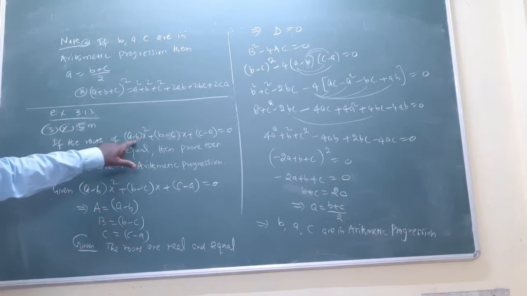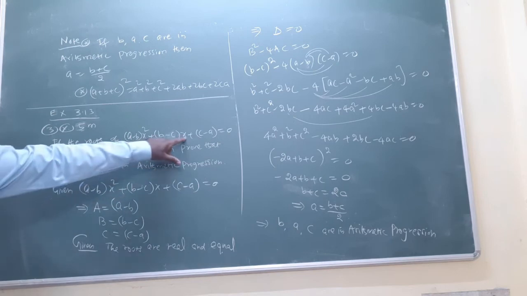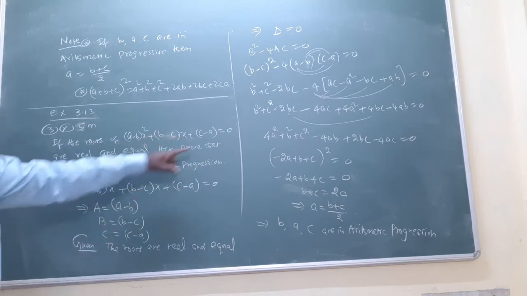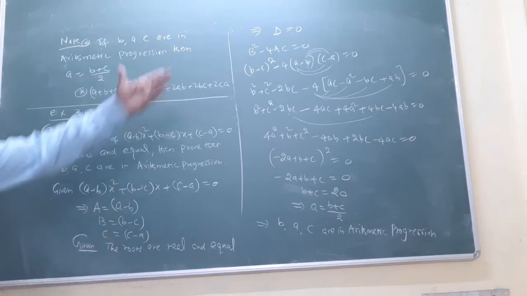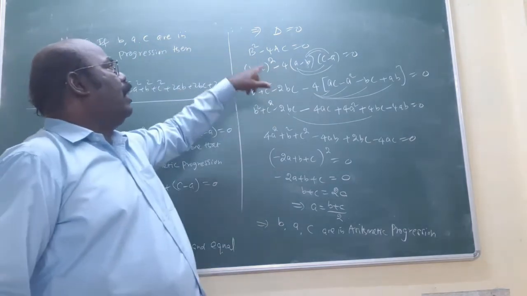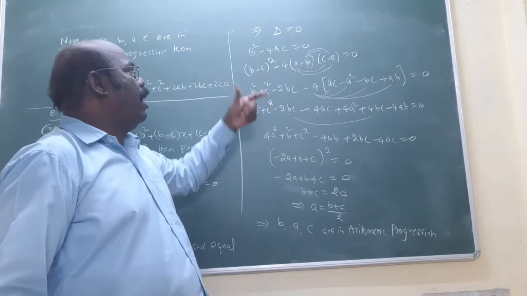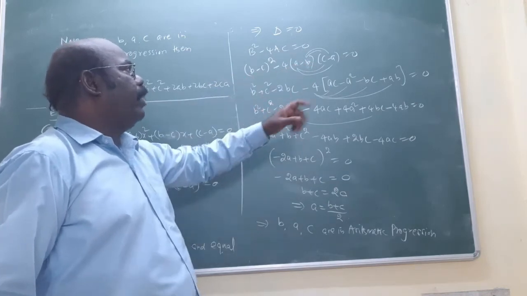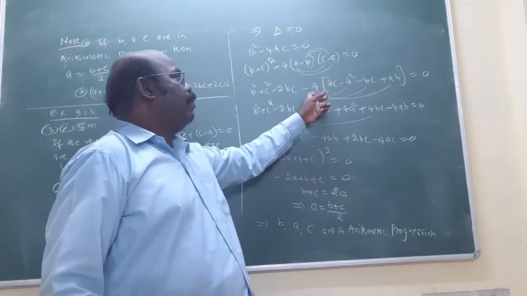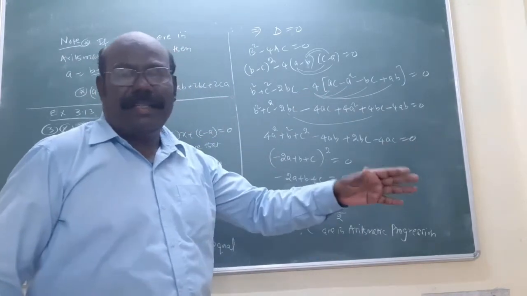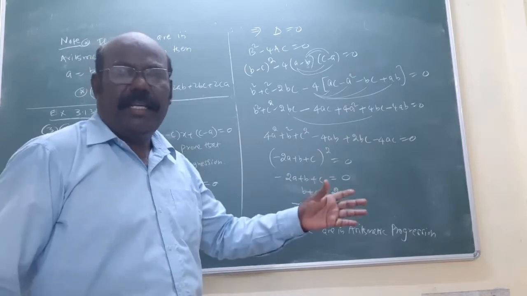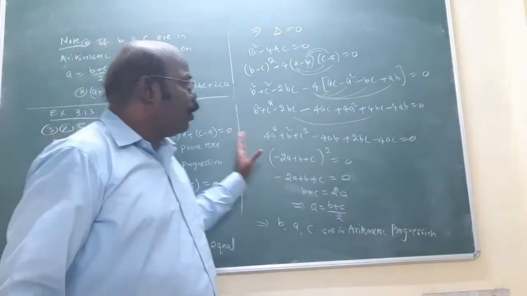The coefficient of x squared is A. The coefficient of x is B. The last constant is C. Given roots are real and equal. Write the formula: B squared minus 4AC equals 0. Substitute B value, A value, C value. Now it is of the form A minus B whole square. Do the multiplication, then multiply 4 minus 4. After simplifying, you write in order A squared, B squared, C squared, then AB, BC, CA. In this way, you want to write.